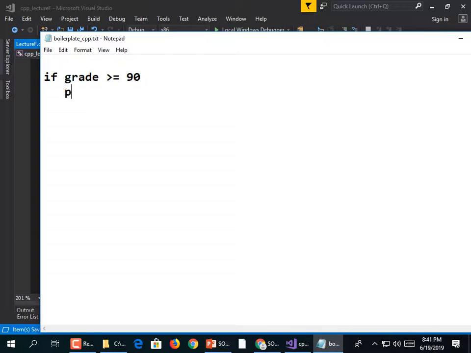Then print A. Else, okay, I'm going to make it look exactly like our language, except I'm leaving off the parentheses. Else if grade greater than or equal to 80, print B,